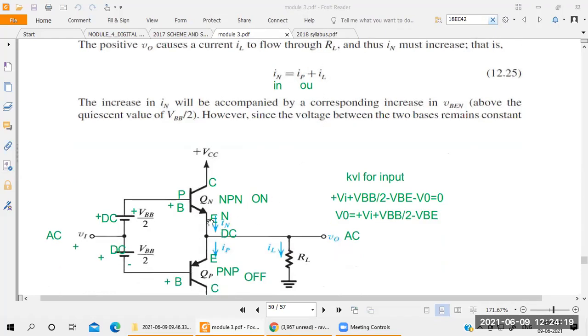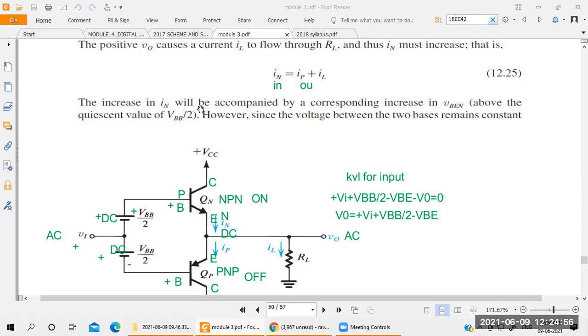You come to this circuit here. Once you get the current from the NPN here, it's a combination of what here? IP plus IN. That is the case here. IN is equal to what now? The IN current is flowing across the PNP transistor and some of the current goes to the load resistor. That's why IN is equal to IP plus IN. So the current is dividing here. Some of the current goes to the PNP transistor, some of the current goes to the load resistance from the NPN transistor. So for that you can write IN is equal to IP plus IN.